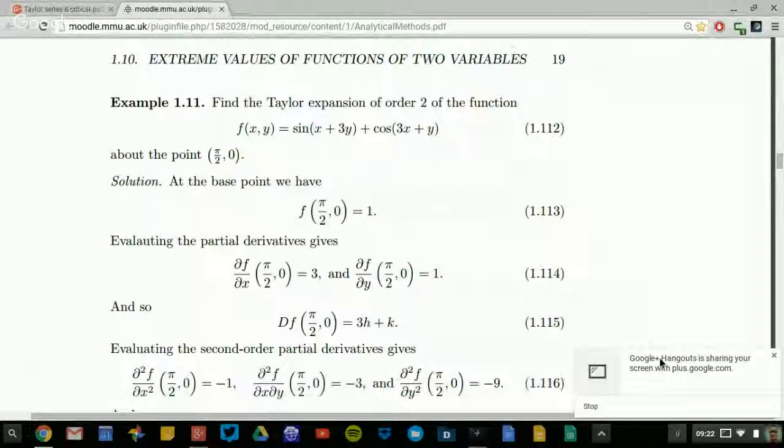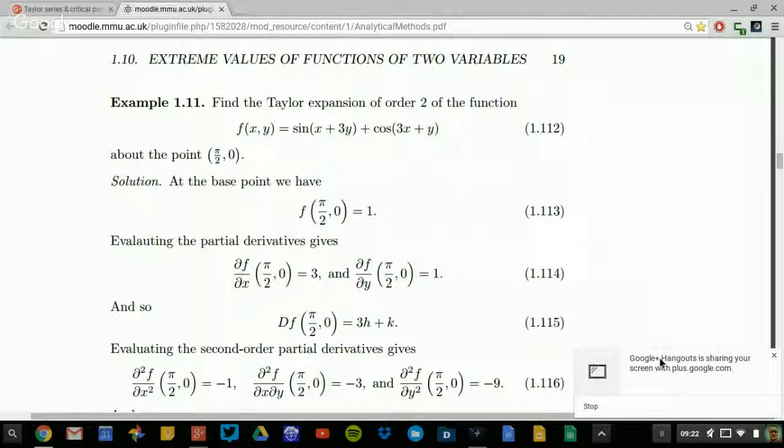Because working these out by hand is okay for getting the first or second order terms, but as soon as you're looking for higher order terms, if we had, in our original function, an x squared or a y squared in here,